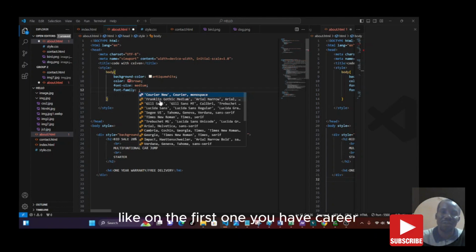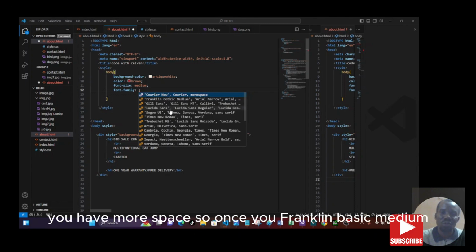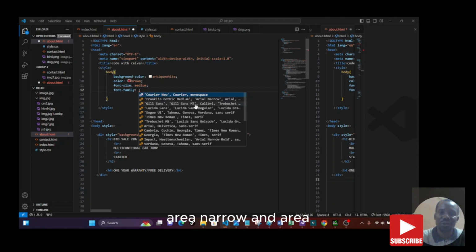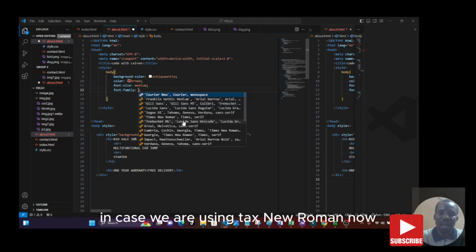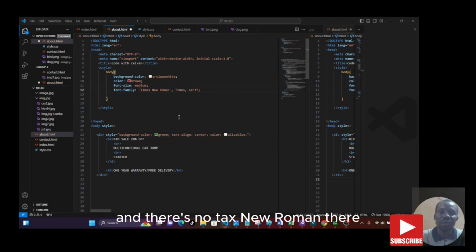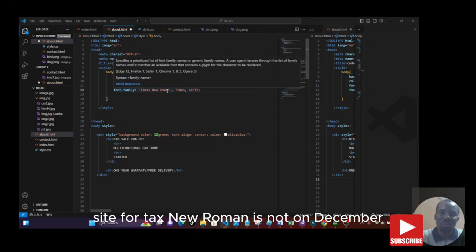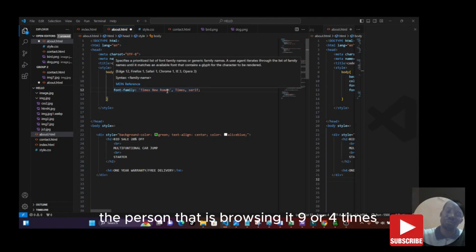Like on the first one, you have Courier, you have Courier New, you have Monospace. So what's showing you Franklin Gothic Medium, Arial Narrow, and Arial? So what are they trying to tell you? That if you choose any of these, in case there is no Courier New and there is no Courier, then you can use Monospace. In case we are using Times New Roman and there is no Times New Roman on the system of the person that is browsing it,